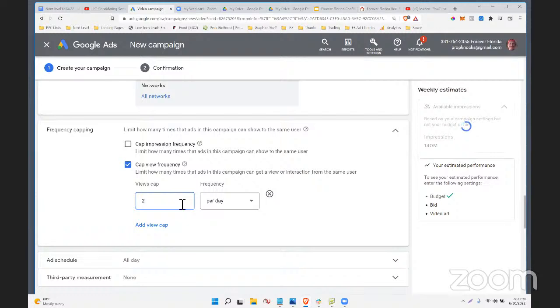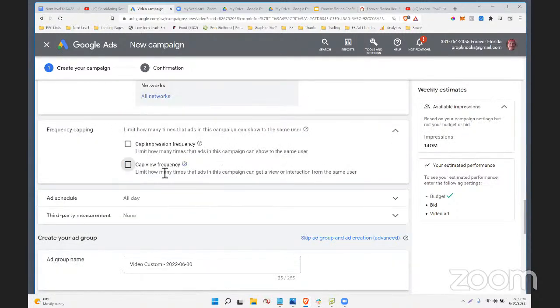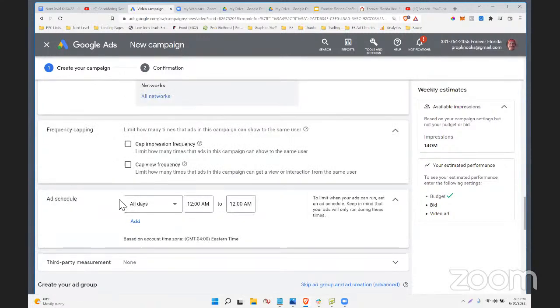And that could be useful because, you know, you're going to spend money if they do. Or you could say you don't care. So for now, just to get as many impressions as I can, I'm going to leave those unchecked. But there might be cases where you say, hey, I don't want them spending too much money, so I'll cap the frequency. Okay, ad schedule, you can set certain times if you want.